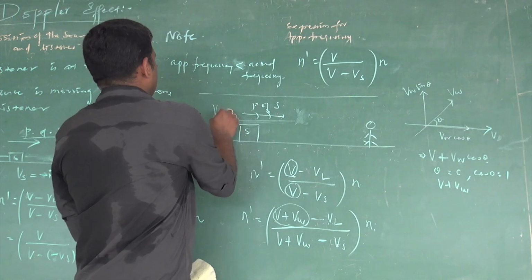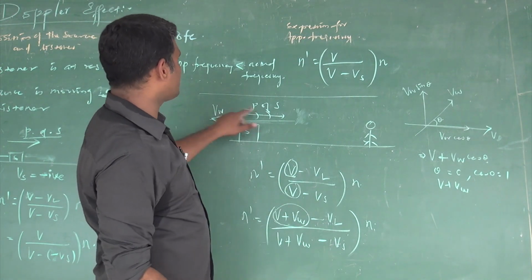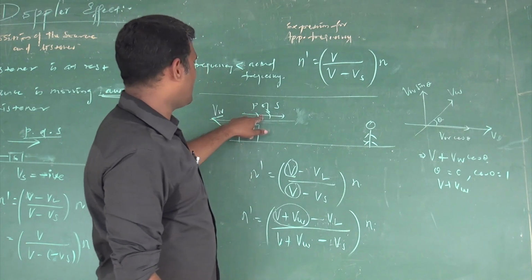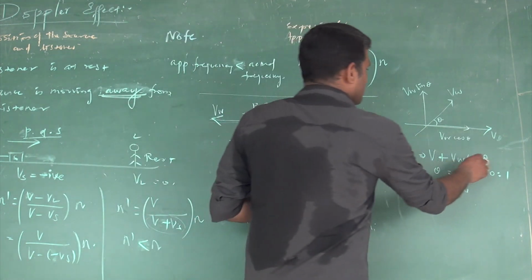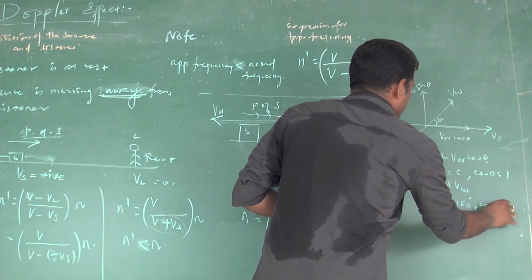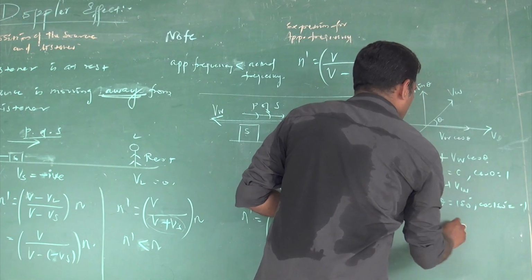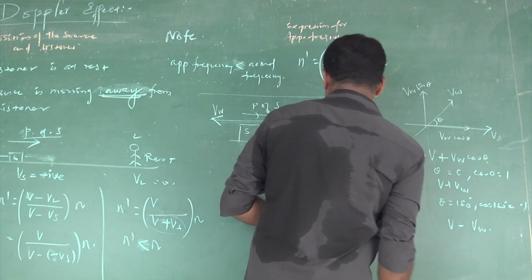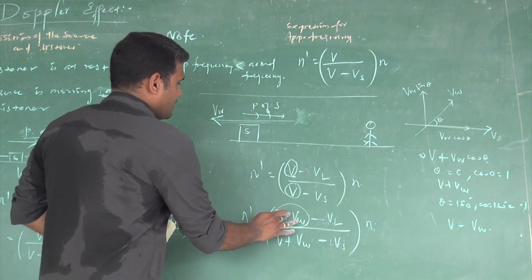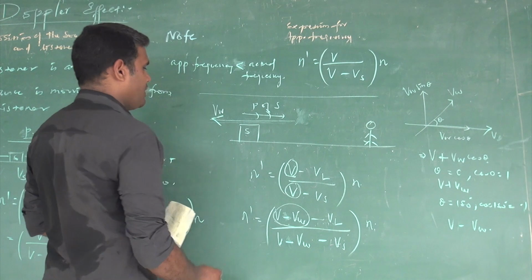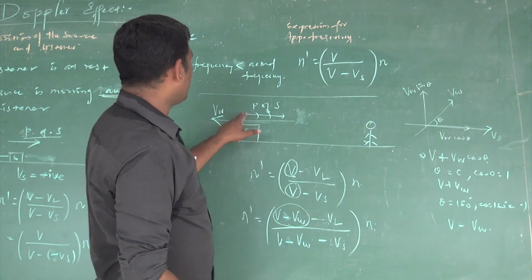If the wind velocity is opposite the direction of propagation of sound waves, then the two are at an angle of 180 degrees. So theta is 180, cos 180 is minus 1. So velocity will be V minus Vw. So this expression will be changed as V minus Vw, here V minus Vw,